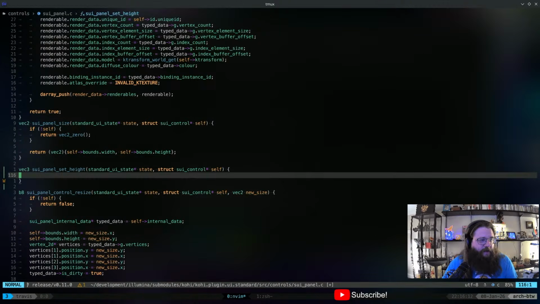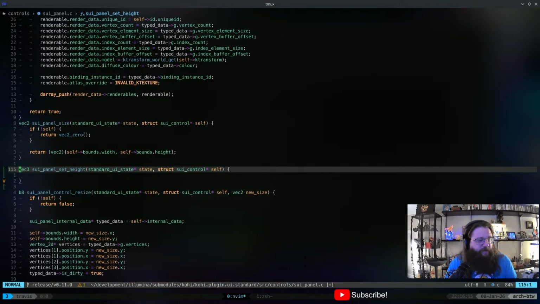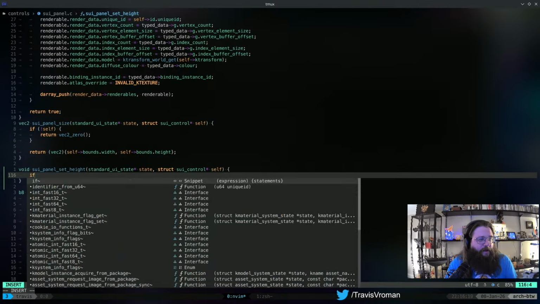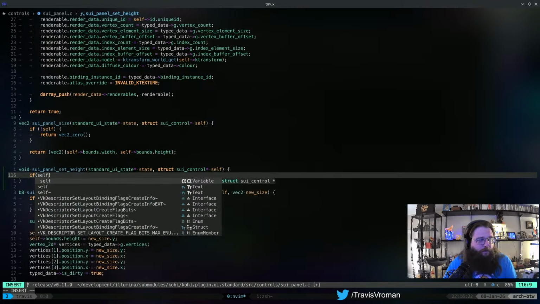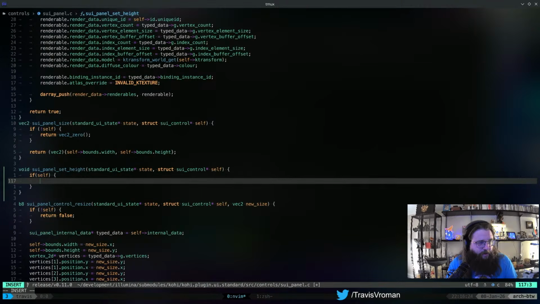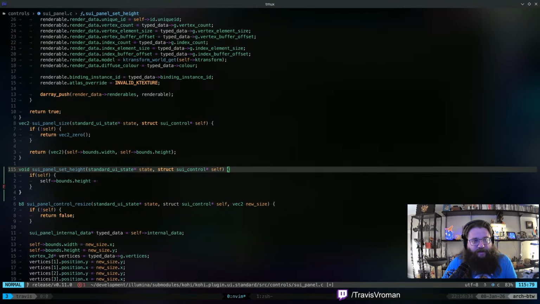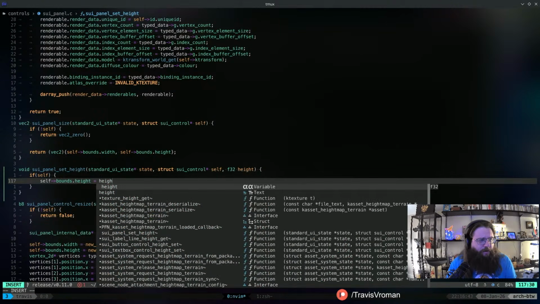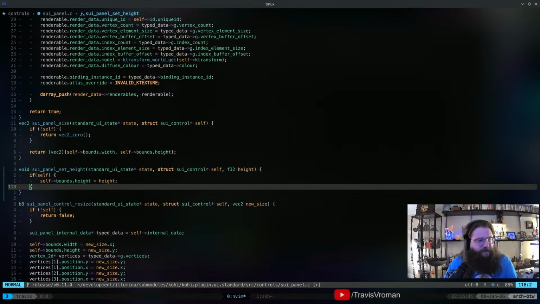I guess we don't need a return type for that. So we can say if self, then self bounds height equals height. I need to actually take an input parameter for that. That's going to be F32 height, or might be an int. I'm not 100% sure. Let me see. Is this an int or a float?